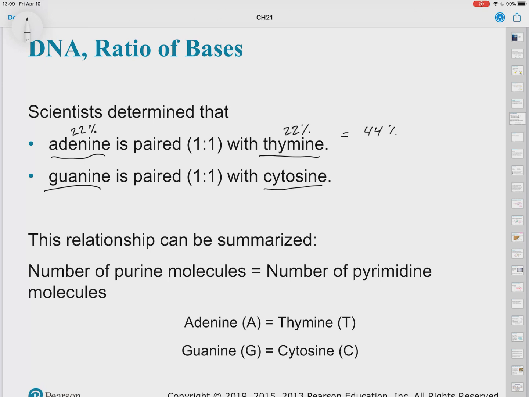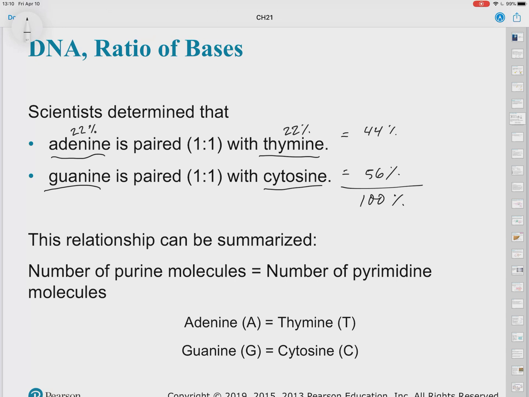So adenine's 22%, so thymine must be 22%. That's 44%, right? Well, out of 100, what percentage does that leave for guanine and cytosine? I think it's, what, 56? So if it's 56%,